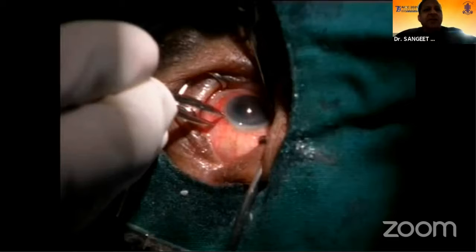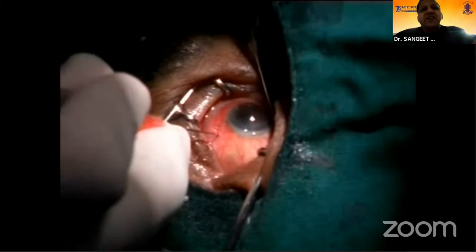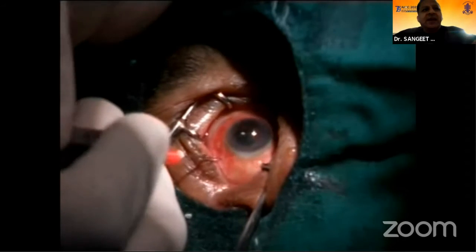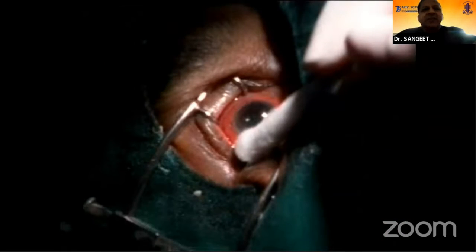Although these days we don't advocate taking a direct vitreous tap, because just pulling at the vitreous may cause unsafe vitreoretinal traction on the retina and may lead to retinal breaks and other complications. But just to show how to take it, again, a 24 gauge needle is being used here. A 24 gauge needle is inserted into the vitreous cavity, and 2 ml of vitreous fluid is withdrawn into a 2 ml syringe. Again, you can send this for culture and gram staining.